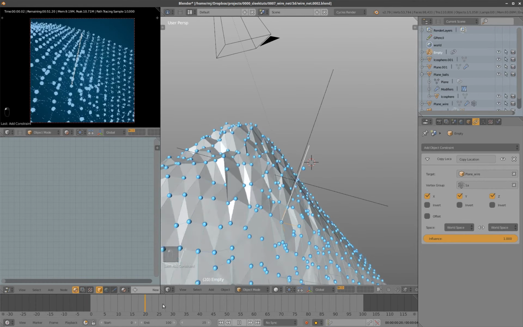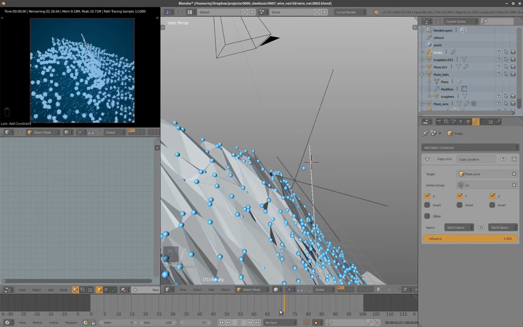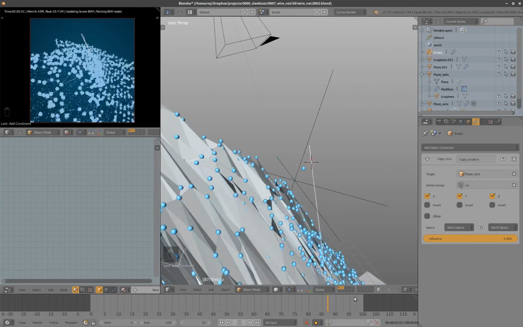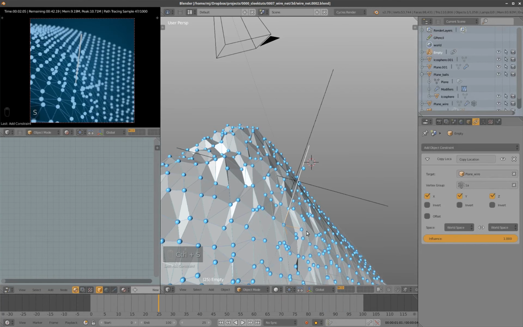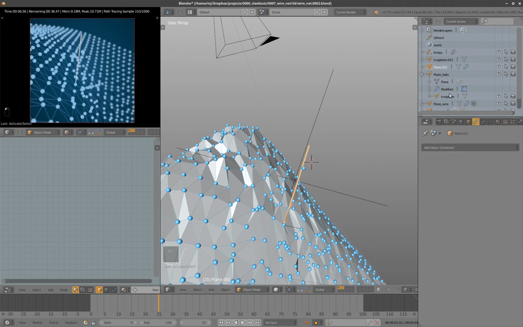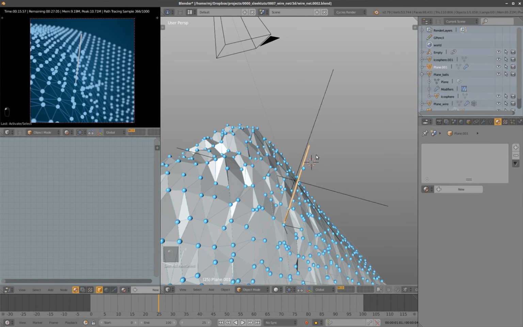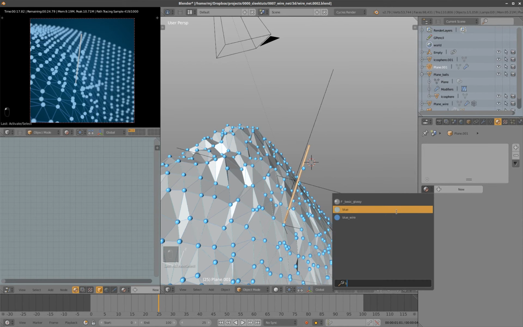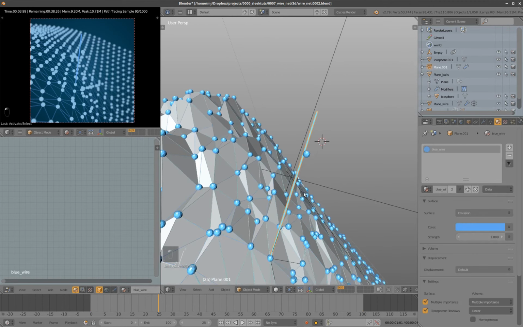So now the wire follows the group, and we can have some material for the same material as this blue wire. Yes, and it needs to be a little bit